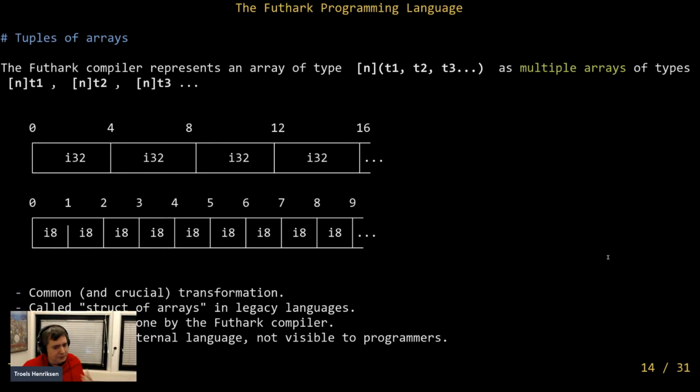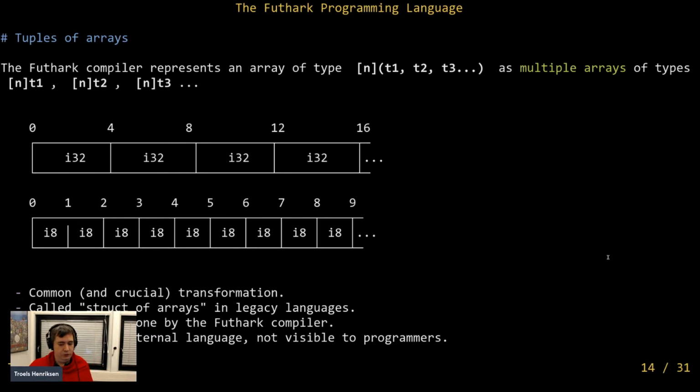Now, this is a completely standard transformation in high-performance computing. It's often called the structure of arrays transformation, and all of you who've done GPU programming have probably done something like this as well. And it kind of sucks very often because you often end up having to break modularity to do this, because it's kind of an invasive change. The Futhark compiler does it automatically behind the scenes, so you can program using arrays of records and rich, large values. And then behind the scenes, the compiler will turn it into this representation instead.